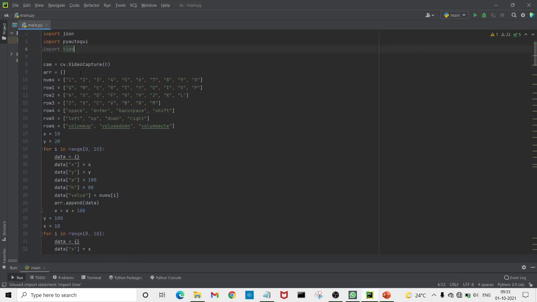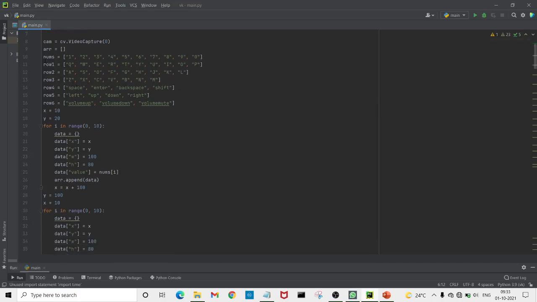After that, we'll declare an array, which is a list in Python. It can be created by just placing the sequence inside square brackets. After that, we have used num for declaring the numbers, then 6 rows which will declare the alphabets, backspace and other buttons, and x and y coordinates.